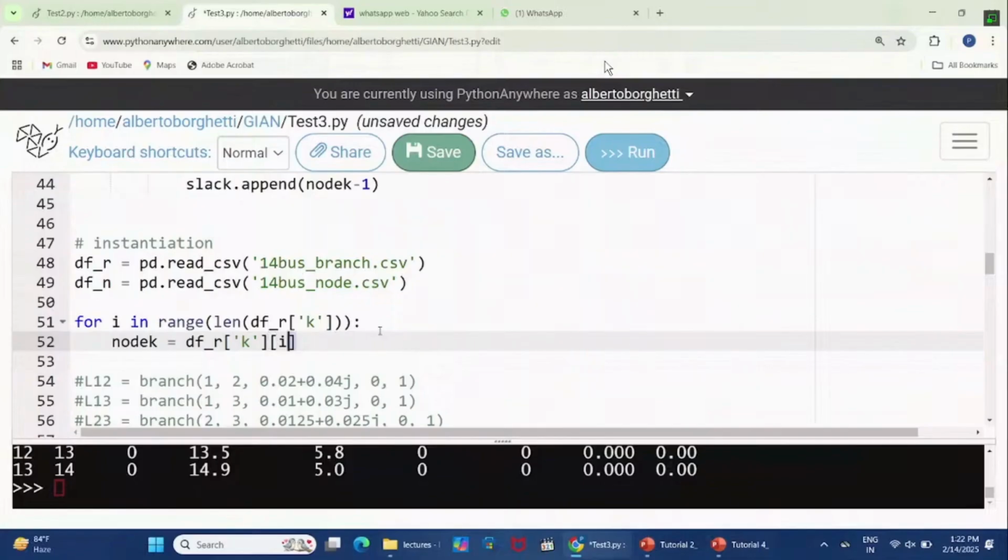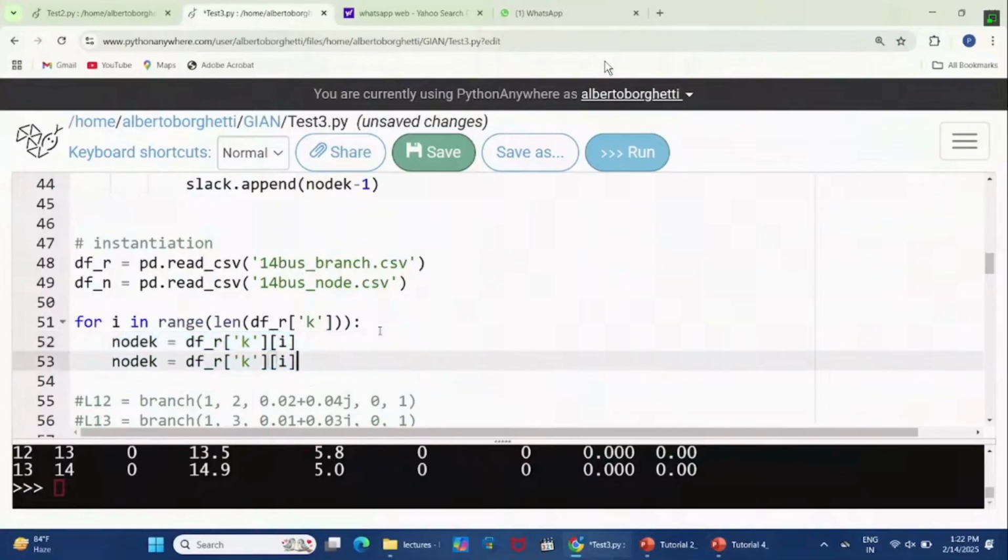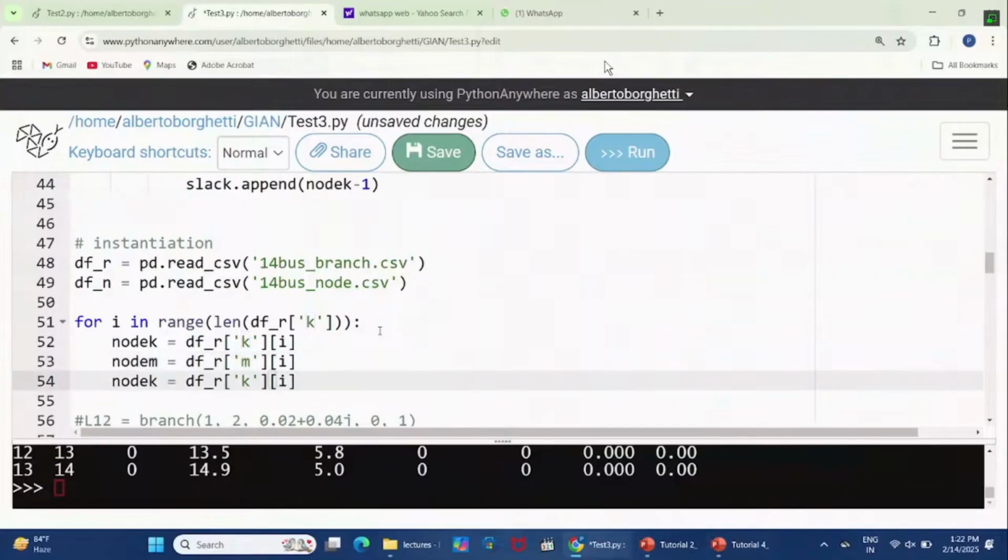We repeat this instruction for all the other information that we need to store in our code. So node M, so the column is M. The information that is the impedance, so we can say ZKM, that is given by the data frame in column R,